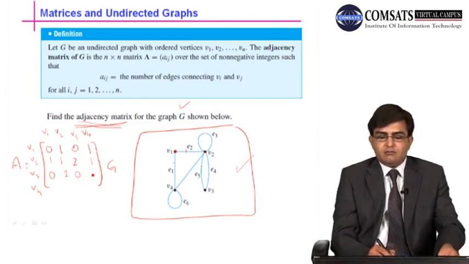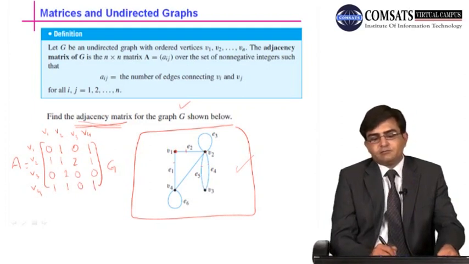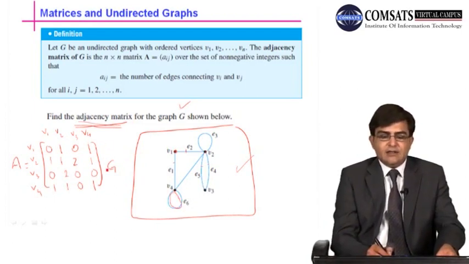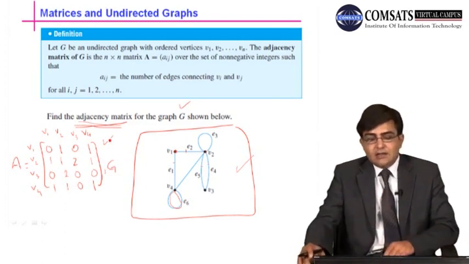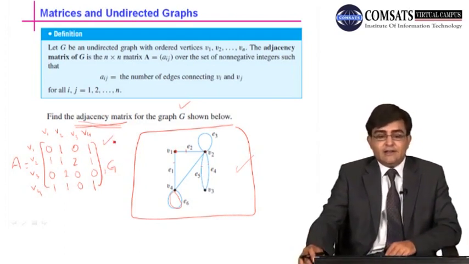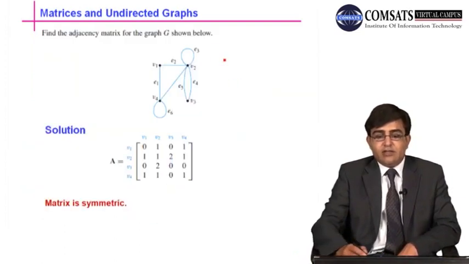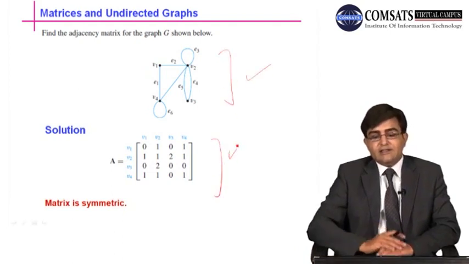v3 to v4 0, v4 to v1 1, v4 to v2 1, v4 to v3 0, and v4 to v4 1, because there is a loop here. So this is basically the corresponding adjacency matrix of this undirected graph. So what we have done on the previous slide, this is a graph and this is the corresponding adjacency matrix